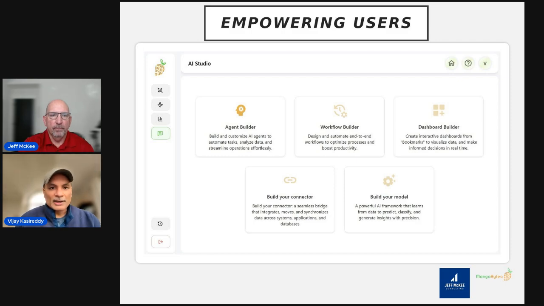So finally, as I close, when we look at MangoBytes, what we're really seeing is not a black box, but a system that we can reason about, govern, and trust. That's what we mean by secure, scalable, explainable, trustworthy AI on the Microsoft stack, and how we make that trust operational. That's what we keep referring to: building the frontier firm of the future, one AI agent at a time. And with that, let me hand it over to Jeff.